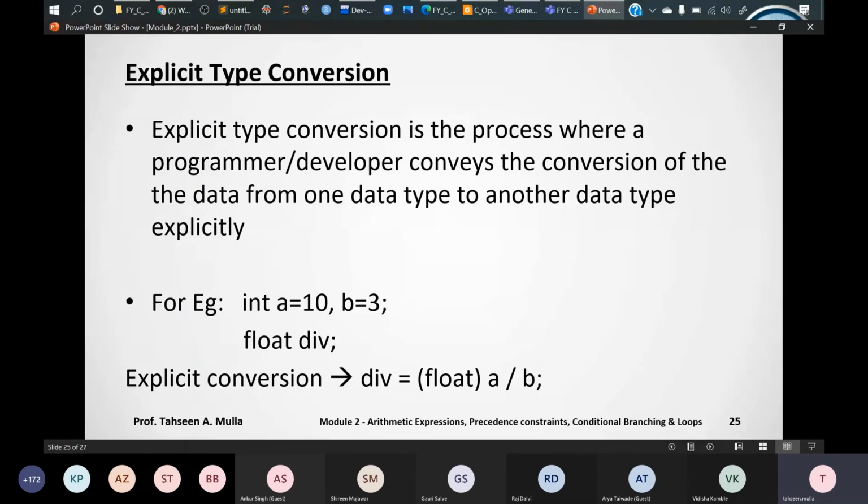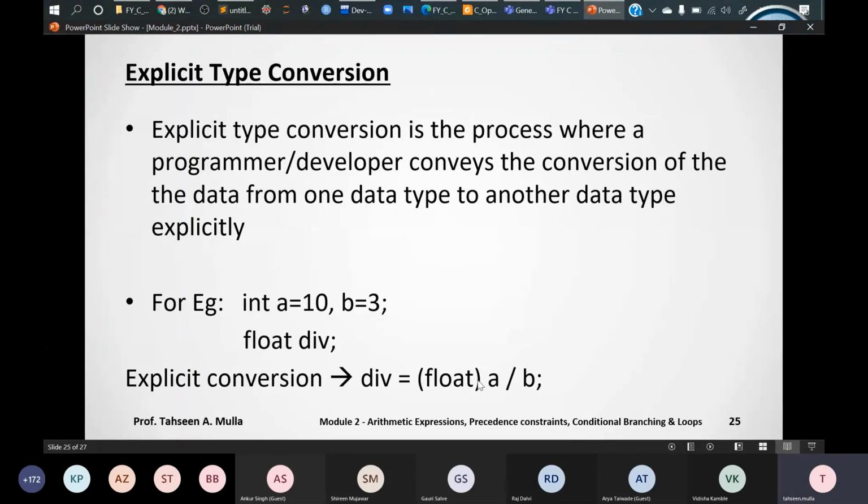Now what I'm doing is I'm keeping these two lines of code as they are and I'm typecasting. I'm converting the type of this a and b integer. So a and b will internally give me the answer 3.33333, right? But when I represent it as integer, the value will be only 3.